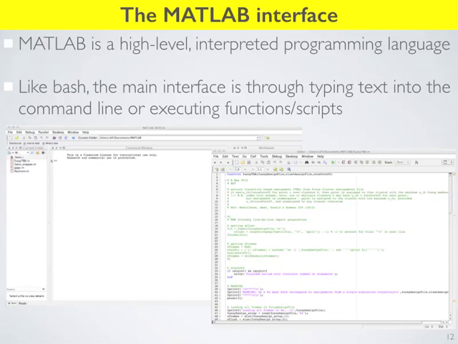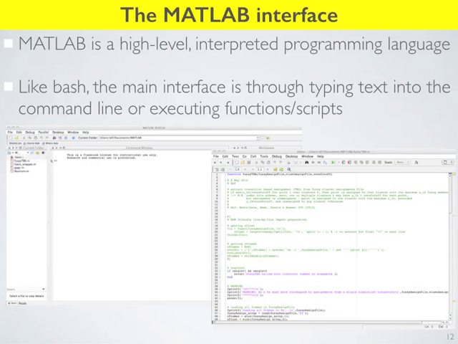It's a commercial product. They're trying to make money from it, so they want it to be nice and user-friendly. And it really is. It's done a very nice job. The main way to interact with MATLAB is to type text into the command line. You type MATLAB commands in here, and they execute, or you write scripts, similar to Bash scripts, except they're MATLAB scripts, containing a bunch of commands that you can then run from the terminal.